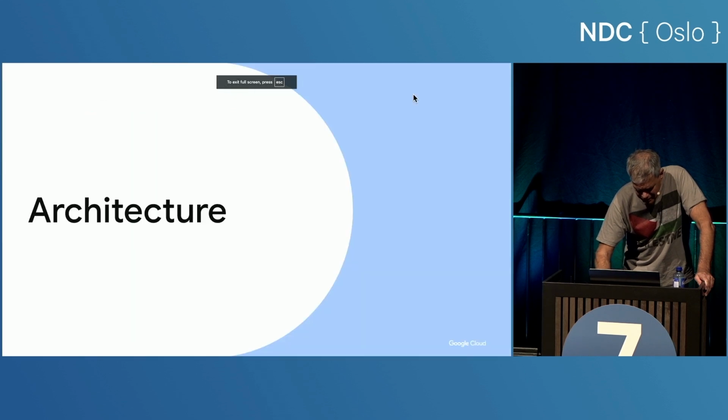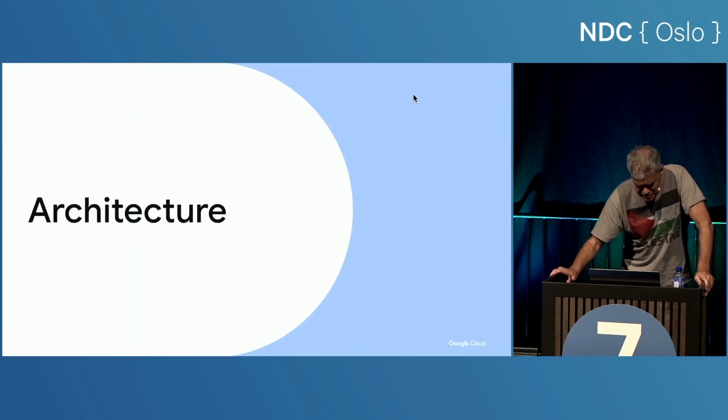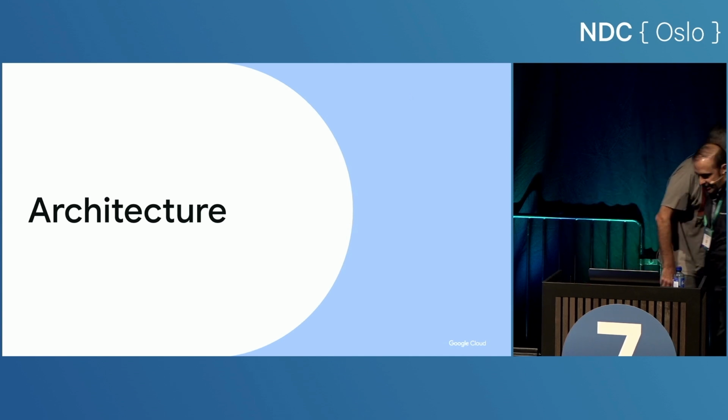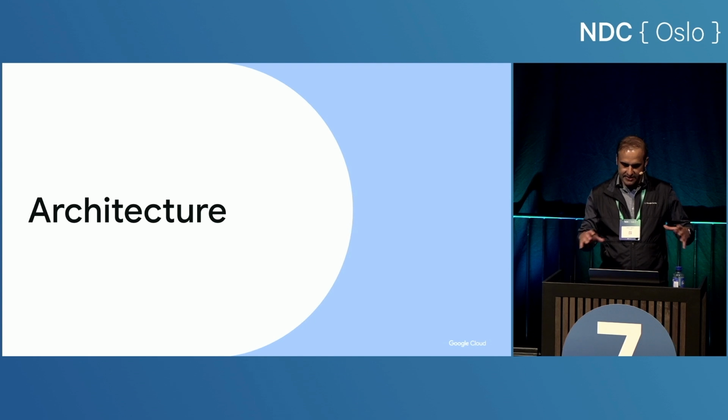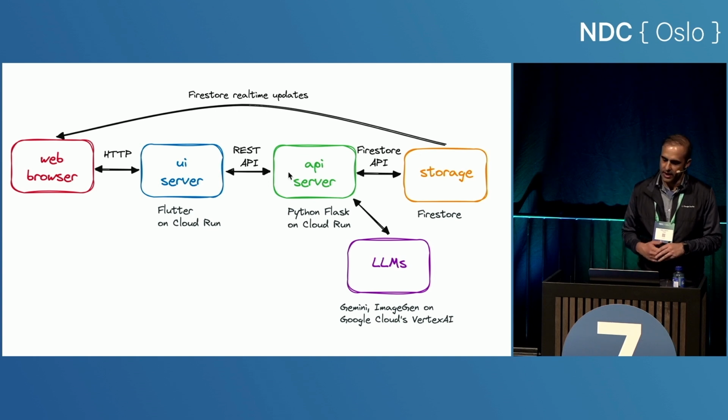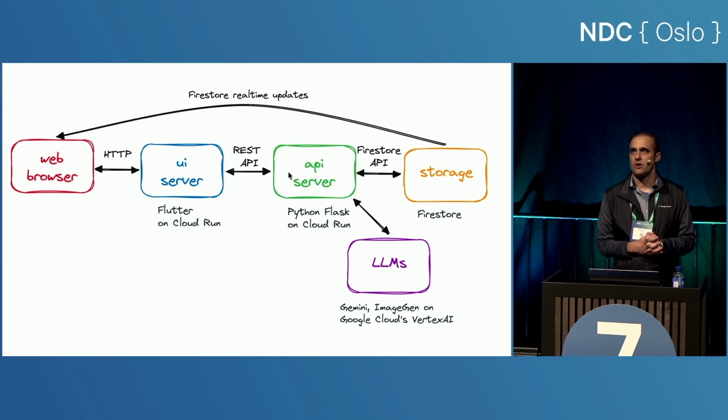That's our demo, and we will now move on to tell you a bit about the architecture and design of the application. Okay, so let's just go through the design of the app, and then we'll get into the GenAI part. First of all, this is what we have for the app. We have 2-tier, so we have a UI server that hosts the UI, and we use Flutter, which I'll talk about. Then we have a separate API server. It's a Python Flask application running on Cloud Run. And that Python application is talking to the LLM.